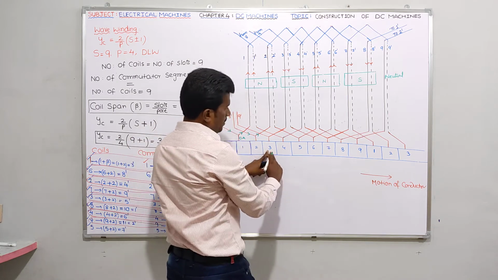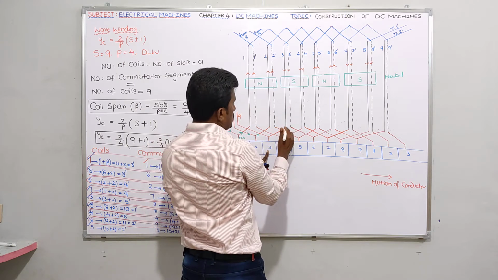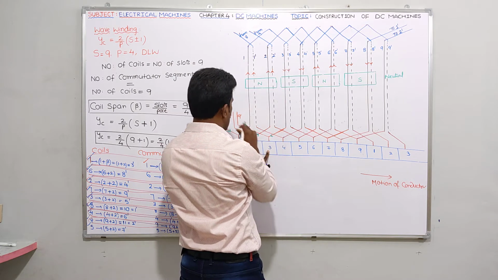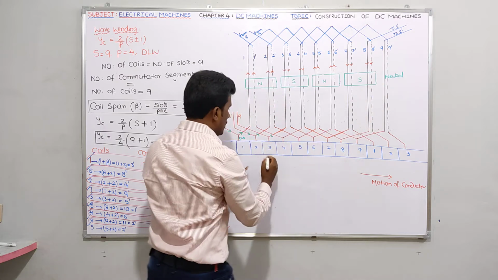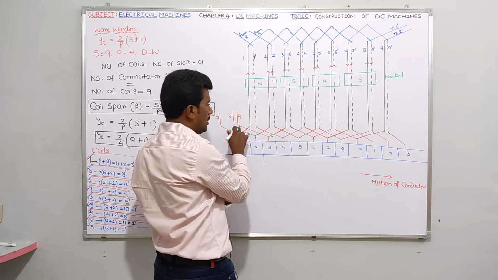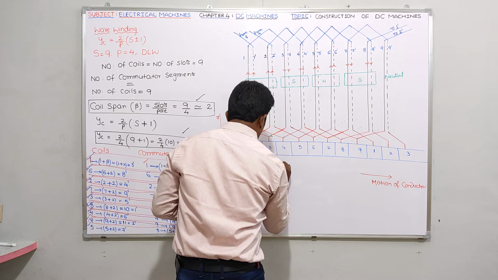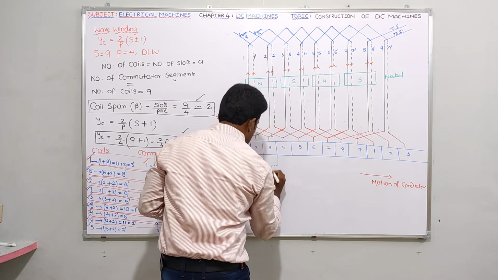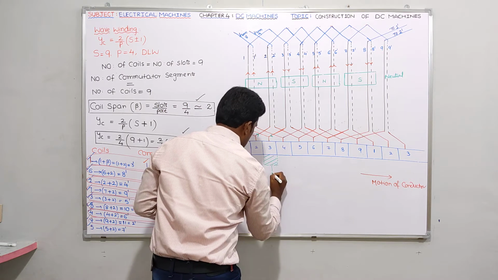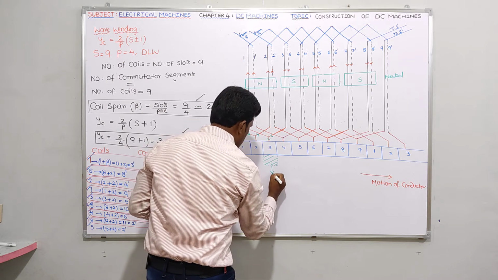And what about the third segment? This third segment is connected between the 9 dash conductor and 3. 3 means it's downward, right? Downward, let me show here downward like this. And in 9 dash I don't have any current. Suppose if you want to place a brush, because I don't have any current through this 9, if I consider this direction only, I'll tell you about these dotted brushes afterwards. Generally, if you take a brush here, it is coming downwards, because here it is 0. This will be the downward direction.